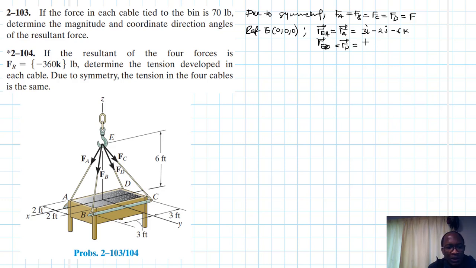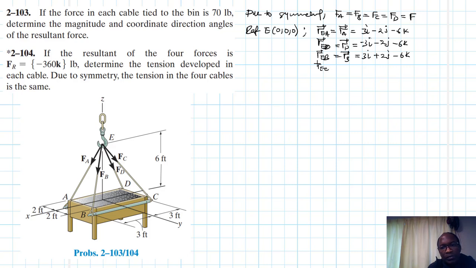This also is just going to be equal to minus 3i minus 2j minus 6k, and then we have EB, which is just also equal to RB, and this also is just going to be equal to 3i plus 2j minus 6k, and then